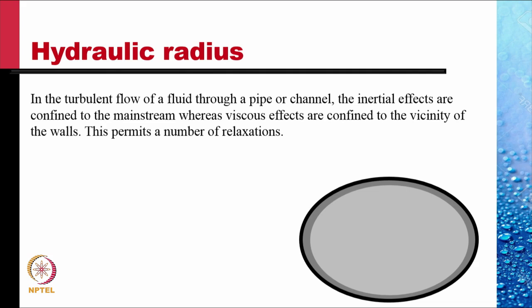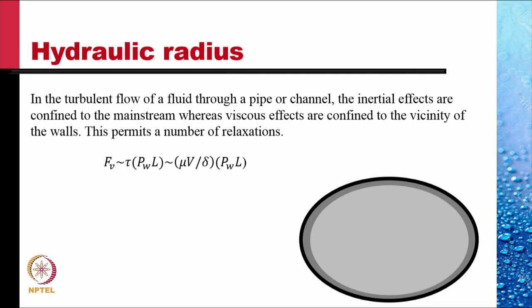The region within this is divided into two regions. The dark gray represents the boundary layer near the wall, within which the viscous effects play an important role. The light gray region in the middle, away from the walls, is a region where viscous effects can be neglected and only inertial effects need to be considered. So how does that help us?